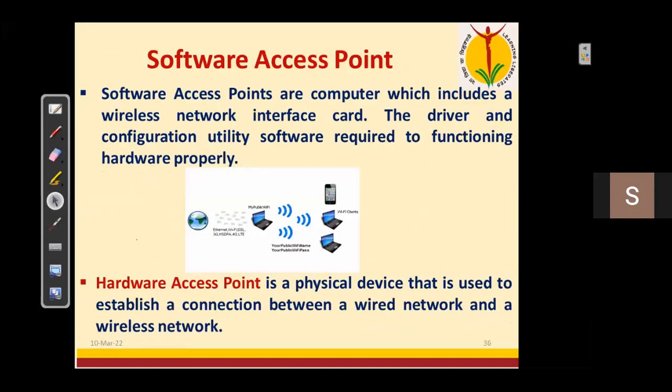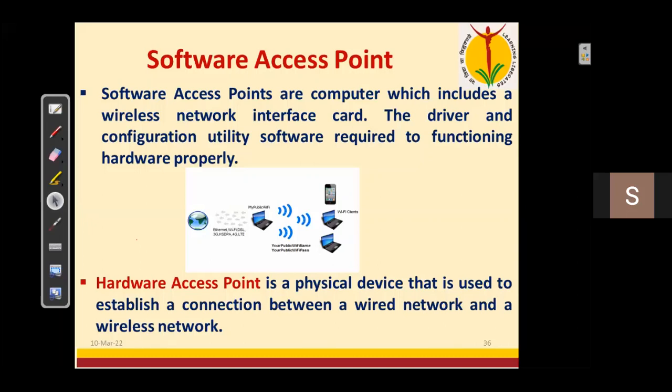Okay, so these are the software access points, which basically include the NIC card in your laptop. Through that, it is going to configure all the drivers and utility software to properly function whatever hardware is connected to your laptop. Maybe you know that any new device you connect to your laptop is going to be configured by your OS. So it is not going to immediately accept and give the service to you. First of all, that device is going to be configured, and once it becomes compatible,